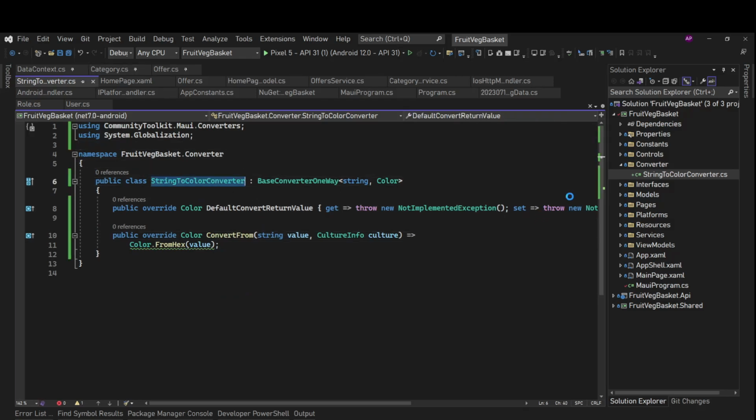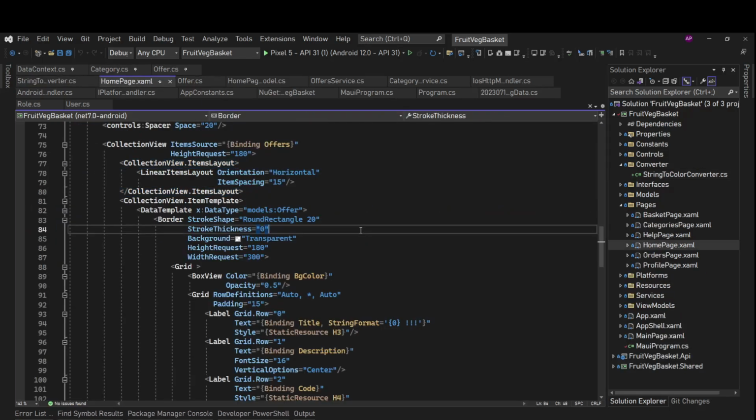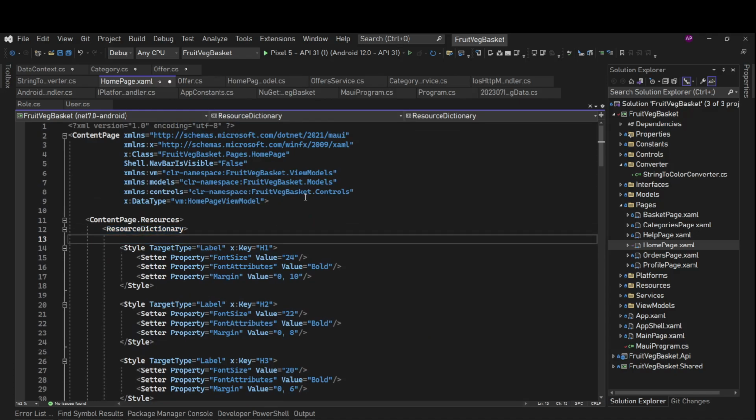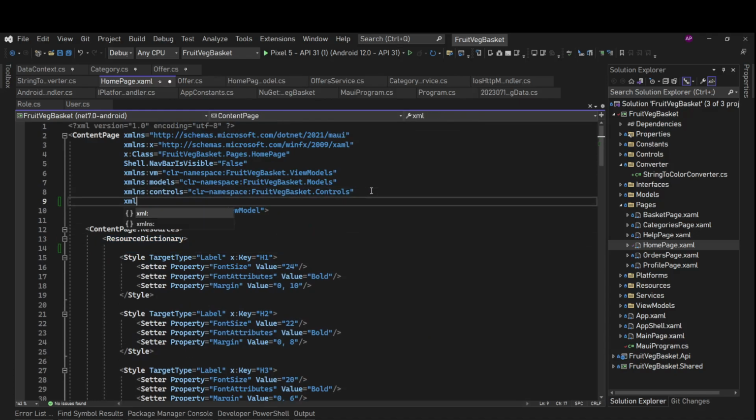Now we need to use this converter on our page. Stop. So for that, let's go to our page, which is home page, and here we'll add that converter. Before that, we need to add a namespace for it.